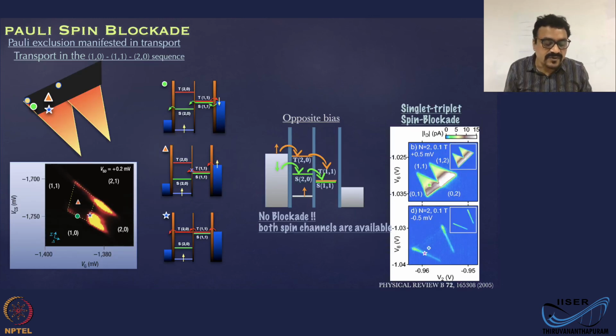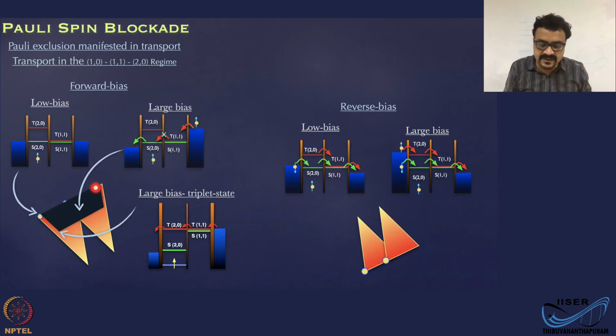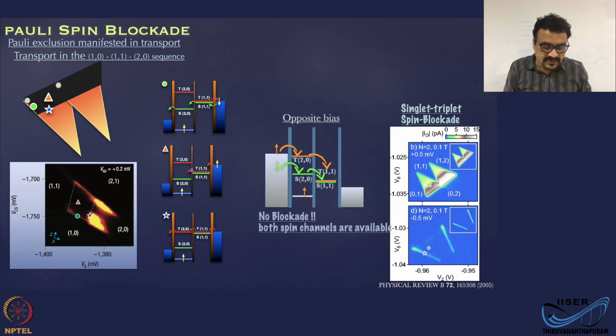And here are a couple of examples. This is from a silicon germanium double quantum dot system, where this region marked by this dashed line corresponds to this region here, same as this region here, where no current is flowing through. But you can see at the edge you have the current. This corner you have the current.